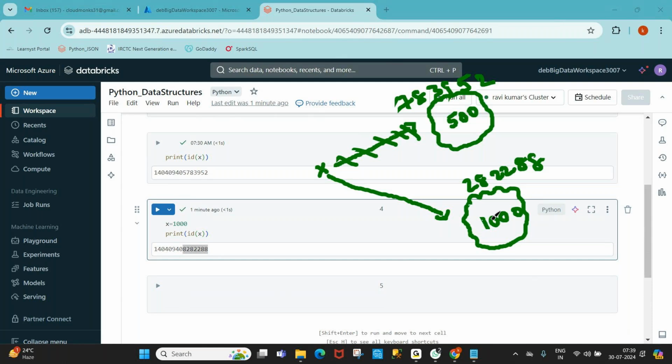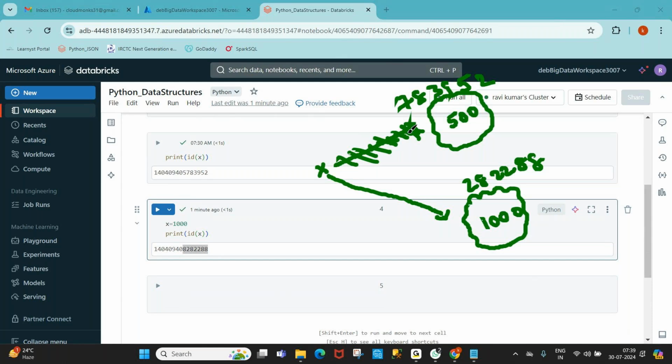Now tell me, in my RAM memory as of now, how many objects are there overall? One object?